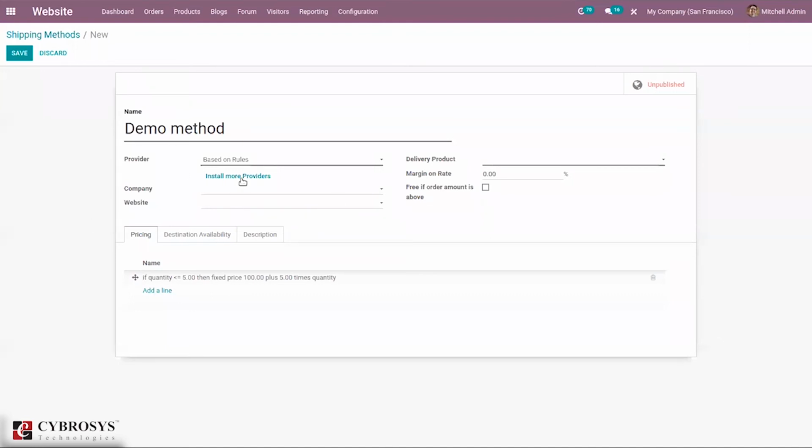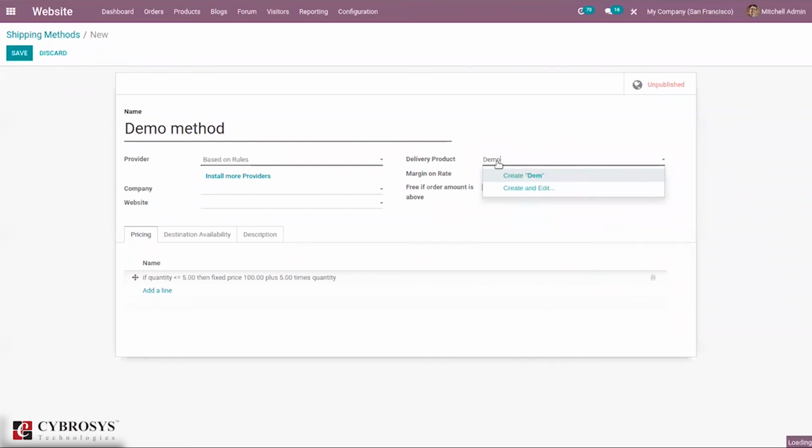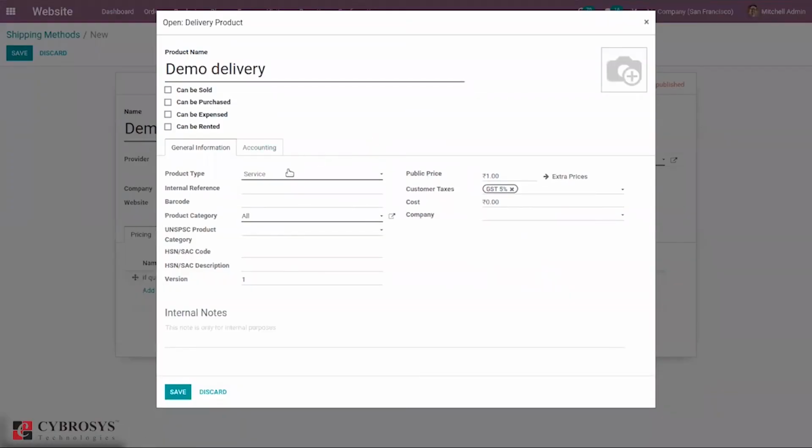Okay, so based on price rules, we have created a shipping method, and we can select the delivery product. So let me create a new product, demo delivery. And let me set it as a service.